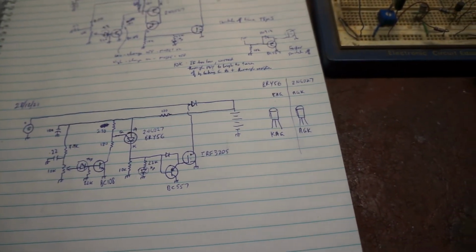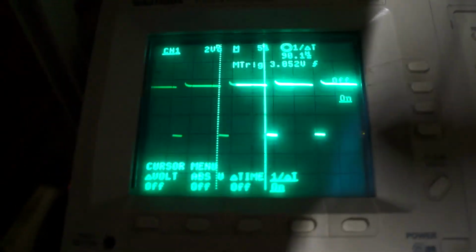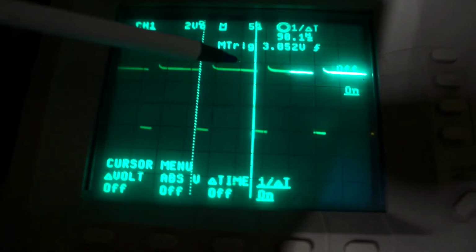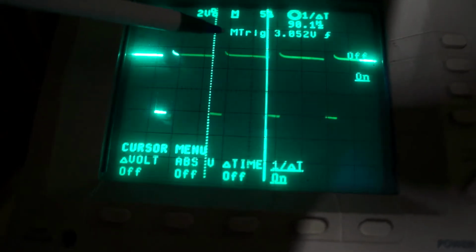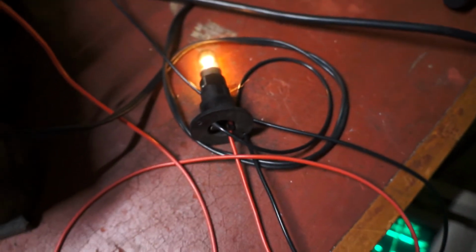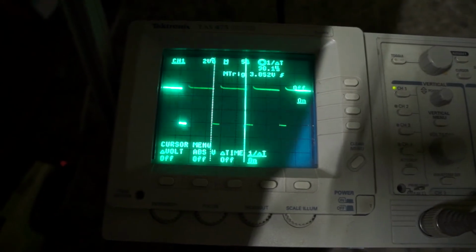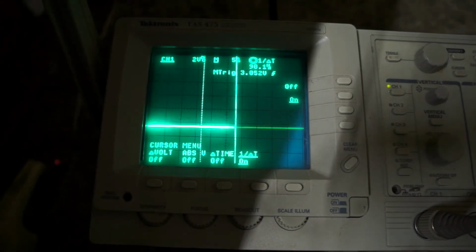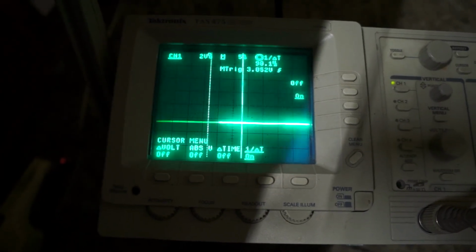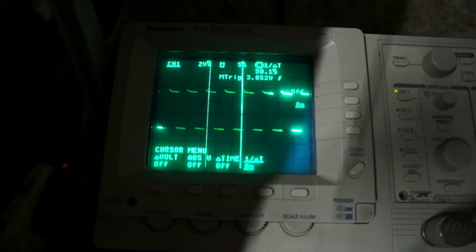So now, quick demo. Here's the Mosfet gate waveform, and the point up here is when the gate is switched on and therefore the generator short-circuited, and down here is when the Mosfet is switched off and charge is allowed to flow. There's a 5-watt lamp connected across the battery, terminal voltage 7.16. Now I'm going to put a 30-watt lamp on the battery which will exceed the charging current, and as you can see it's lost regulation, which is what you'd expect. Now take the load off, and shortly as the battery voltage rises you can see the regulation comes back in,